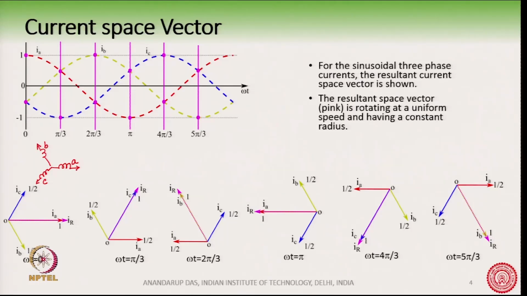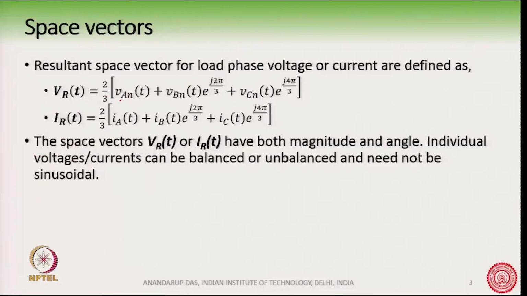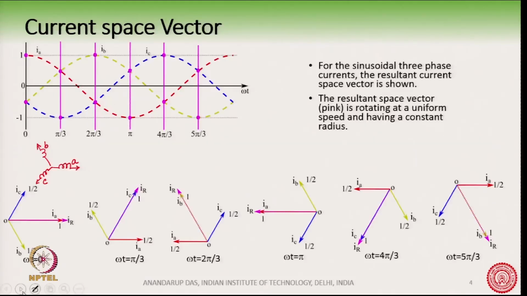So, when we apply the formula for the resultant, 2/3 times i_A(t) plus i_B(t) e to the power j 2 pi by 3 and i_C(t) e to the power j 4 pi by 3, the resultant is this I_R here, which has the same amplitude as I_A. Now, if we take another time instant, say omega t equal to pi by 3,